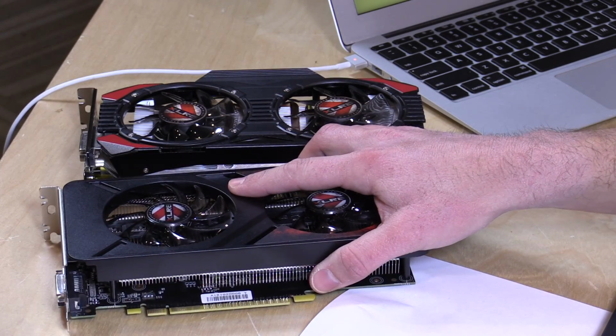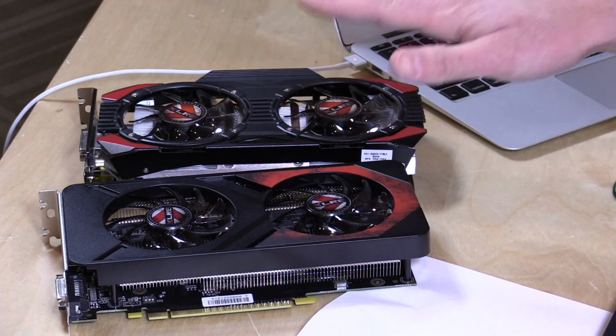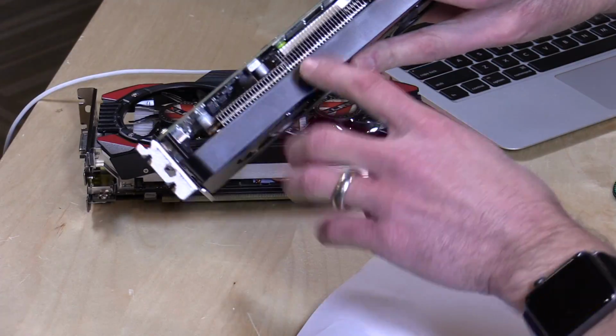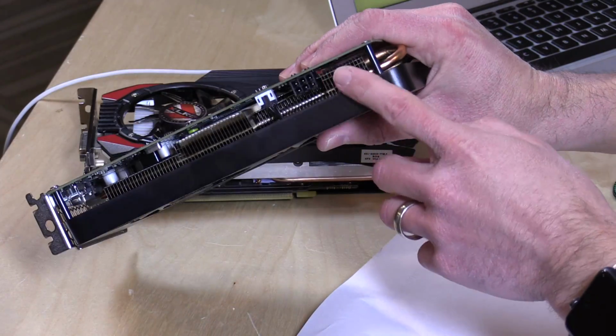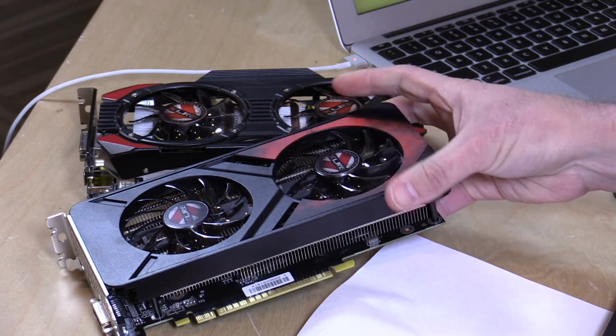Now, one of the things that I noticed on the power supply on this device is that it does have extra Molex connectors, and I got in a couple of GPUs from PNY that we're going to be playing with in a project that I'll be talking about in a minute, and I have an adapter to get those two Molex connectors converted over to this one here on the top of the GPU. So if I'm able to get that to work, what I might do is try to cram this in there and see if we can do a little before and after when we add some graphical assistance to that Acer